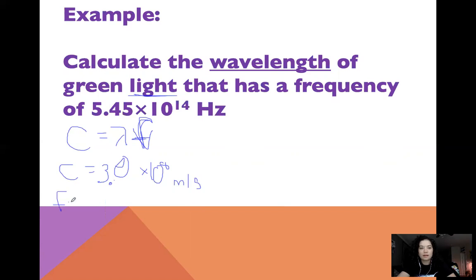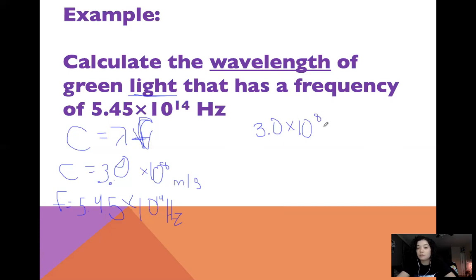Frequency was given, we've got 5.45 times 10 to the 14 hertz. I know it's painful for you to watch me write out our givens, but it's super important that whenever you are solving a problem, you take the time to write out your givens. I can't tell you how many of you are making silly mistakes because you are flipping values around as you plug it into your calculator. Take the 20 seconds to write out your givens so that way you can see clearly what goes where into your equation. So now we've got 3.0 times 10 to the 8